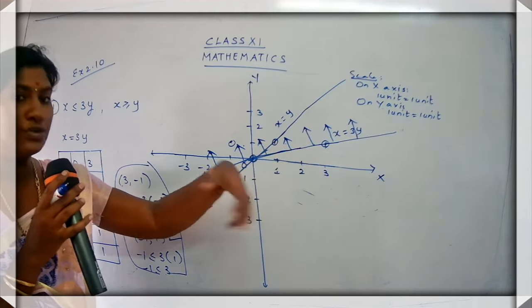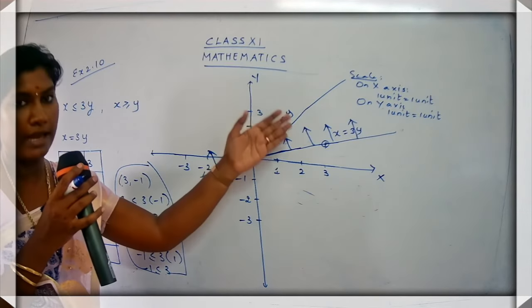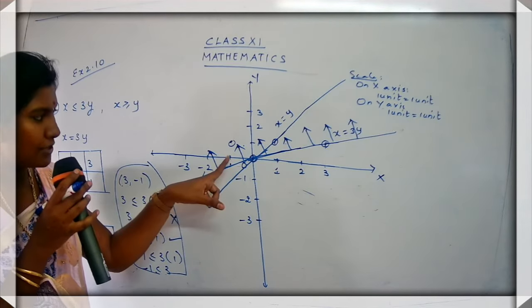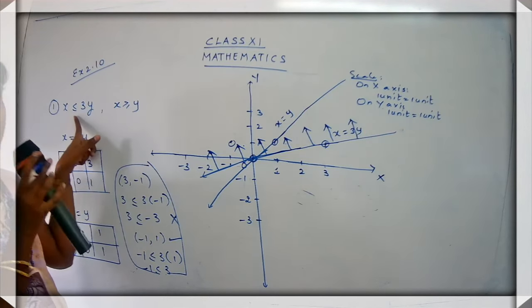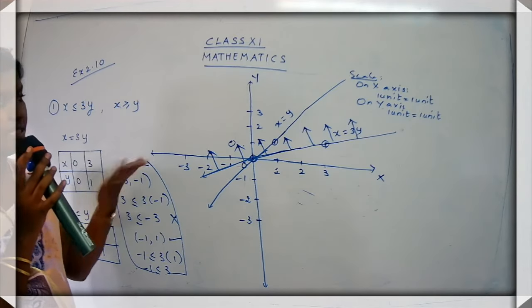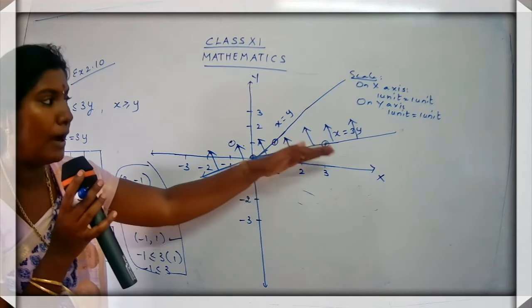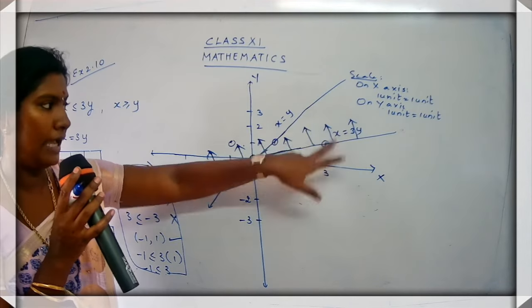So I am going to choose a coordinate which is lying above the graph. So what have we chosen? We have chosen (-1, 1). When I put (-1, 1), I get the condition satisfied. So where is the area going to lie? The area is going to lie above the given graph. So the arrow goes up.